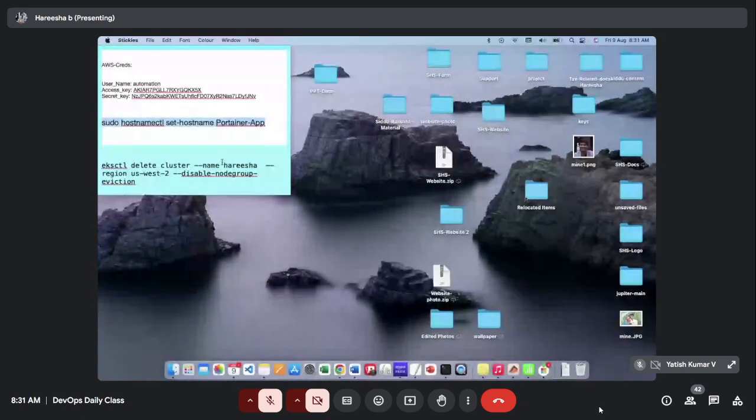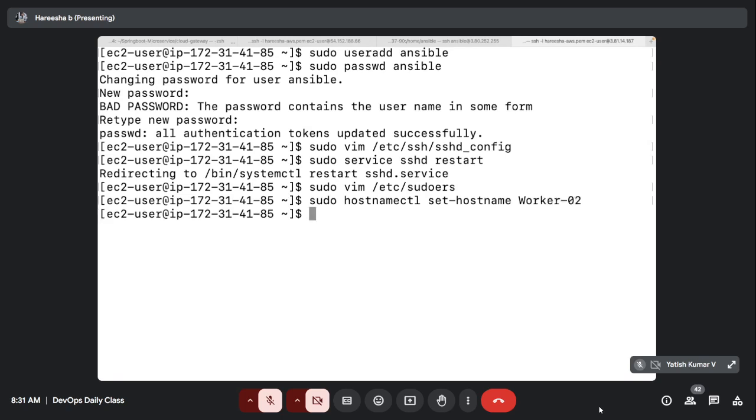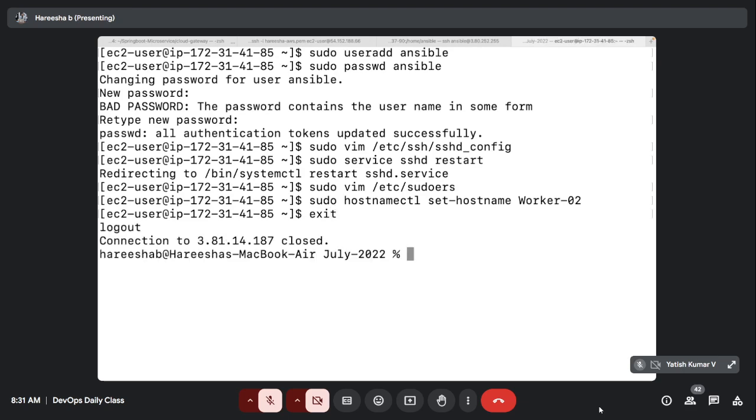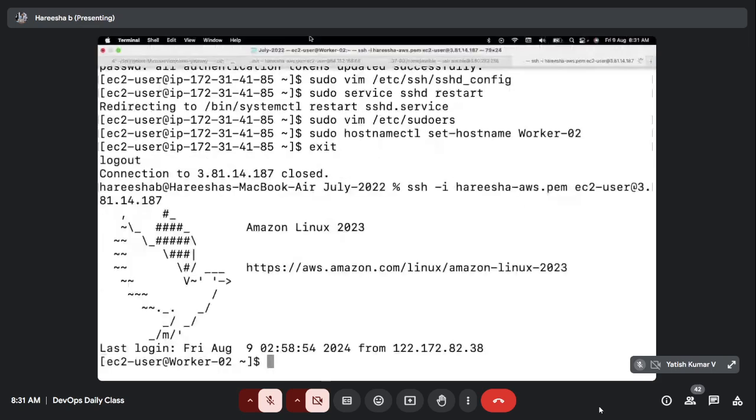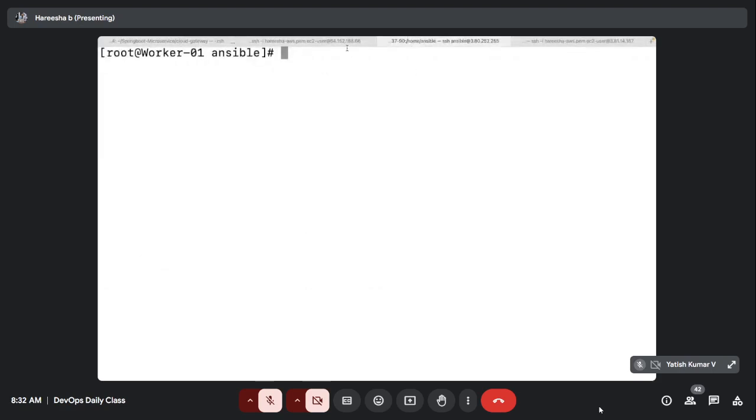Then this command, worker 2, exit, then relogin. Now this is worker node 2. Now this is worker node 1 and this is master node. Now I set it up as a password authentication. If I want to make it passwordless,